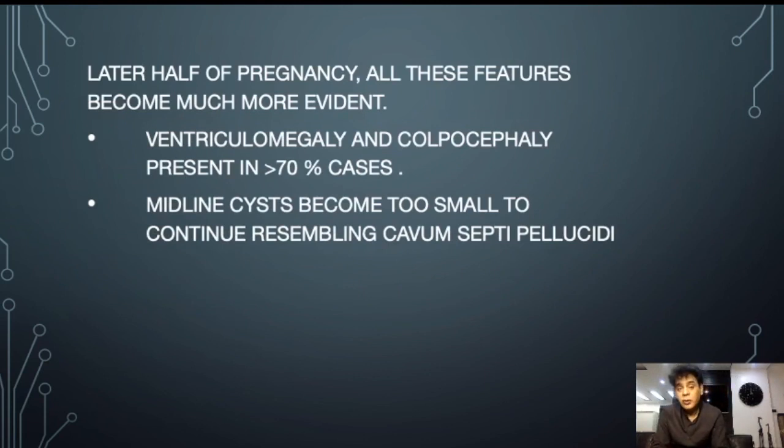A scan after 24 weeks can show ventriculomegaly and colpocephaly in more than 70% of the cases, and a false midline cyst which was appearing like cavum septum pellucidum may now be too small, and the fact that we were getting confused with cavum septum pellucidum may not be the factor now. Now this part, that before 24 weeks so many cases we may miss, and after that a larger number of cases we can pick up. Now this applies to many other anomalies as well,